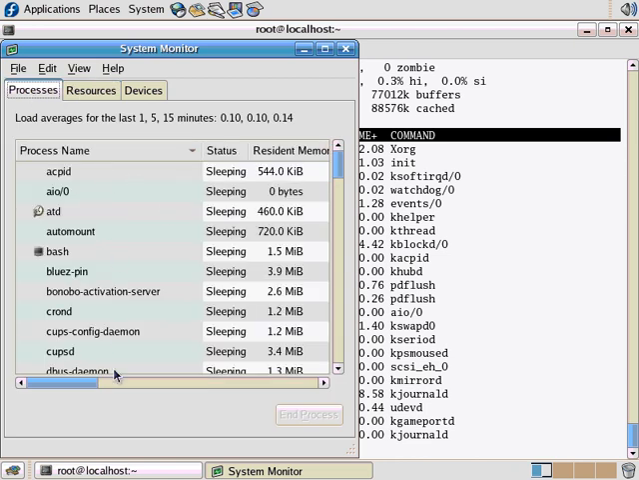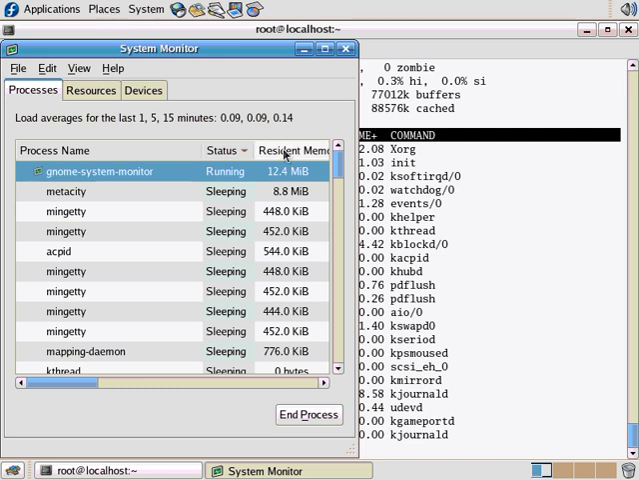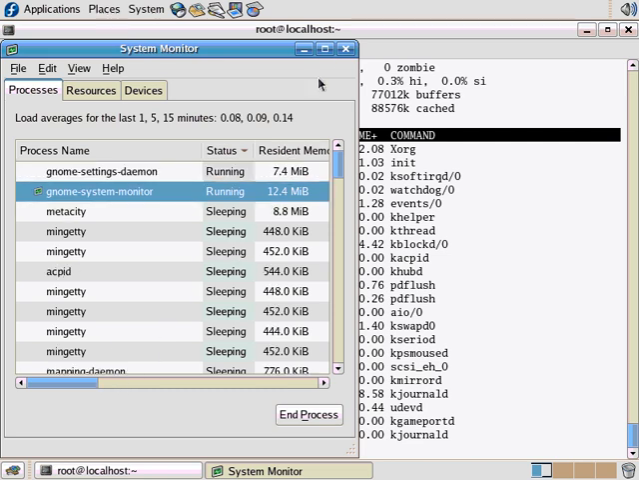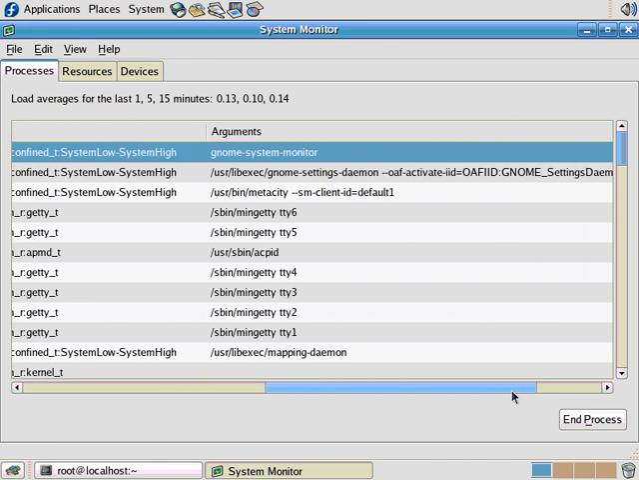You get to see all the processes on the system. You can quickly sort them. So here's the process name, here's the status. You can click that and I can see that this is running. It's taking up 12 megabytes. Let me maximize this screen so you can see all the columns. 12 megabytes of RAM, CPU time, niceness, ID, security context, who it's running as, the arguments,